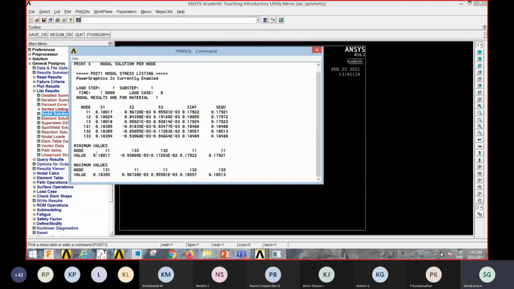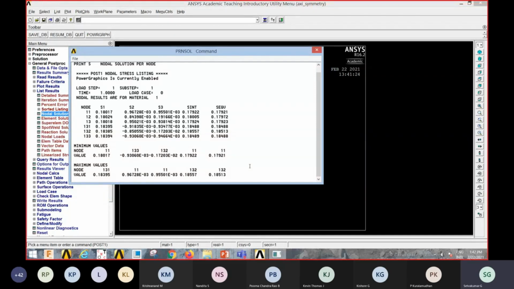So here node number 11, this is the stress value. Then node number 131, this is the stress value. Von Mises stress value. If you find the average between this and this, you will get approximately 0.182. By calculator, the average of 0.179 and 0.185, you will get this value.